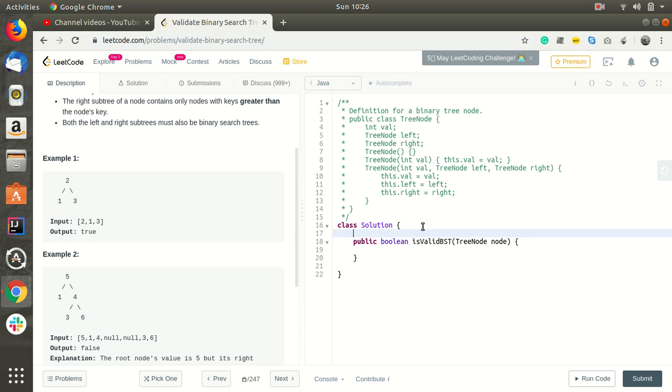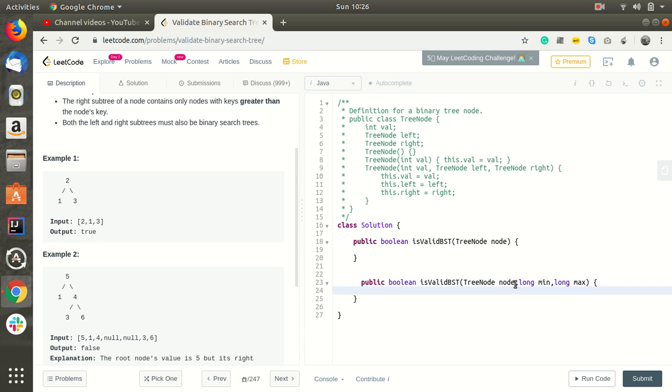So for every node we will be checking this. I am creating another function which is having 2 more parameters, long min and long max.